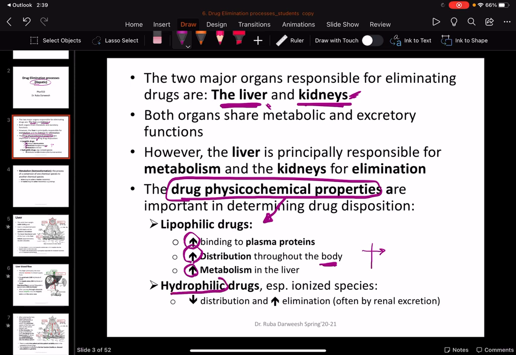For the hydrophilic drug, usually it's less distributed, so it means it's more eliminated through eliminating organs by excretion, for